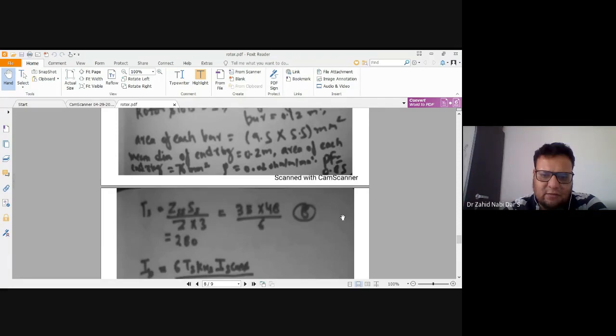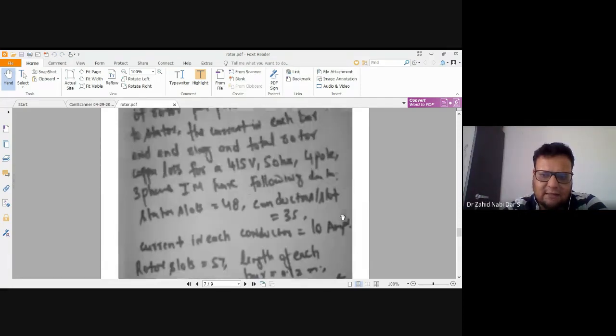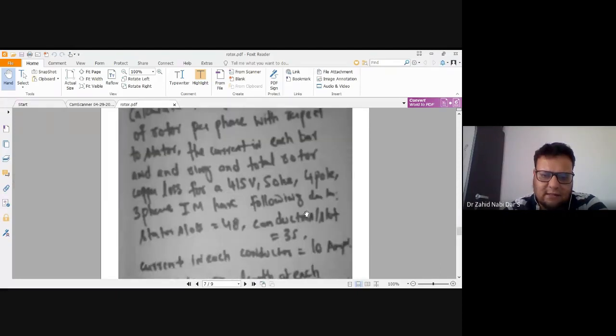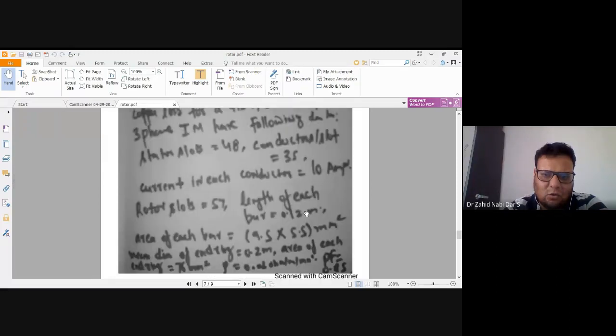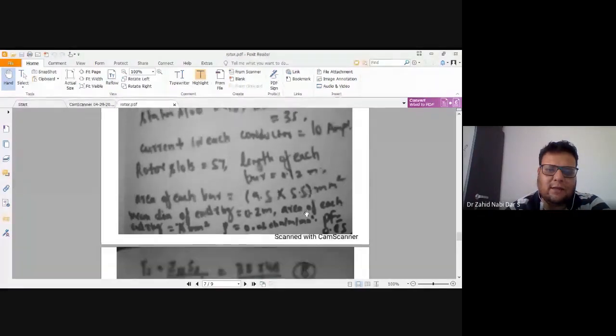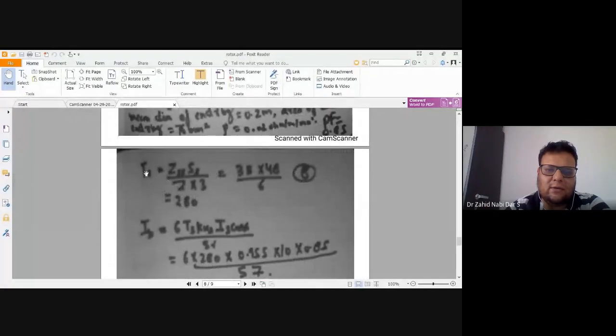The number of turns depends upon the conductors, how many conductors are there per slot. So we know 35, so ZSS. And how many stator slots are there? Stator slots are 48. And we know that TSS is twice ZS, so one conductor will form 2 turns. Now for a 3-phase, 6 TS is equal to ZS. So your TS would basically be ZS by 6. So first of all, you have to calculate your TS, which is ZS by 6.